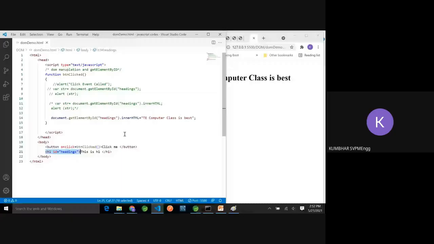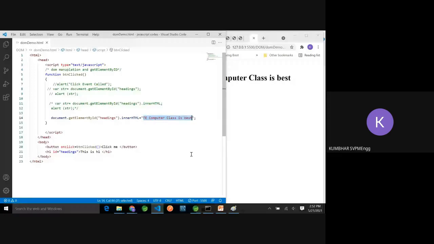This is h1, and this is the innerHTML, the body of the HTML, which is referred to with the innerHTML attribute. Which object? h1. And if there are a number of h1, then which h1 object? The h1 whose id is heading dot innerHTML, and then I am setting another value.